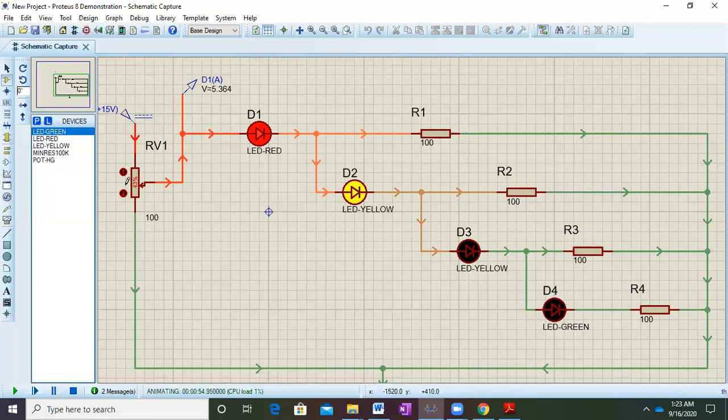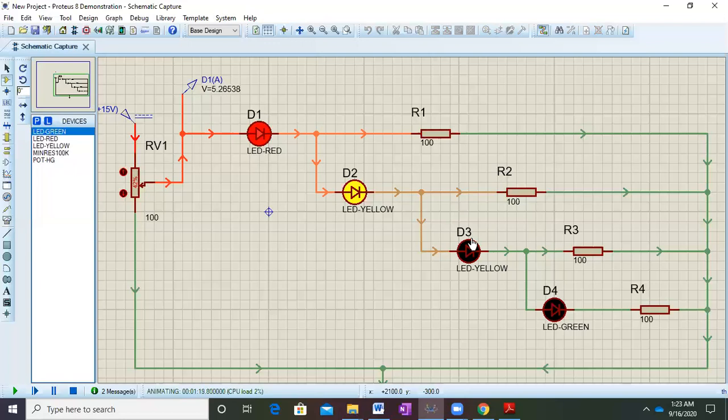So why is it so? You see the first LED took around 3.3 volts to turn on. Correct? After 3.3 it was turning on. And you remember that we have set the diode turn on voltage as 2 volts. So initially it will take 3.3, right? And then the diode voltage again will require 2 volts to turn on. So that's why at around 5.3 volts nearby, the second LED also glows on, right? Turns on.